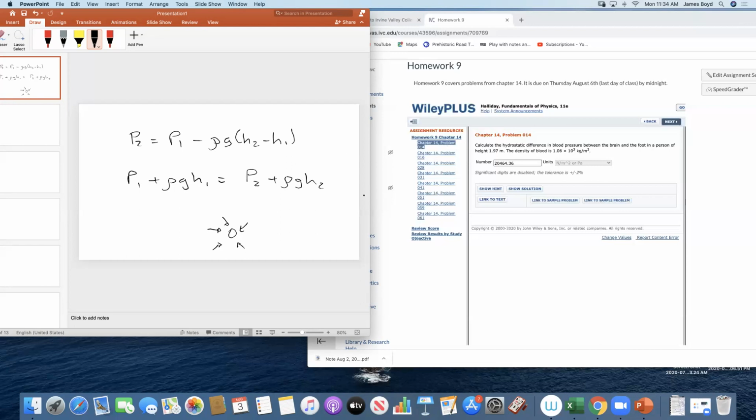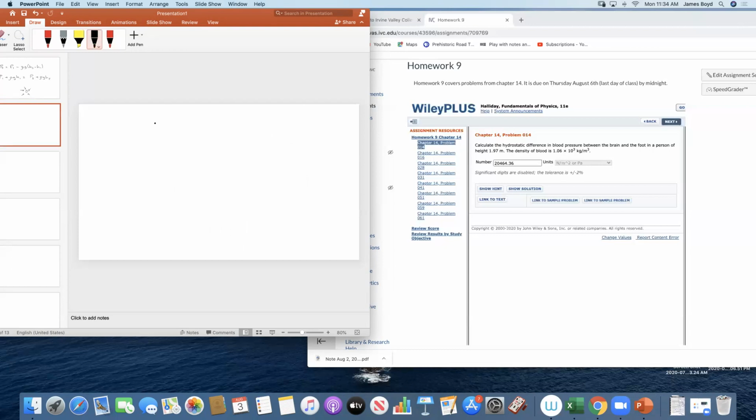And for problem 14 and 16, the only thing you had to do was find the change of pressure, which is negative rho g (H2 minus H1). And the one weird thing here is you have to define Y or H to be positive up if the center of the Earth is down. If gravity's down, you have to define your H opposite of gravity, because this is the gravitational energy. So in this problem, all you would do is you would find your height. H2 minus H1 would be